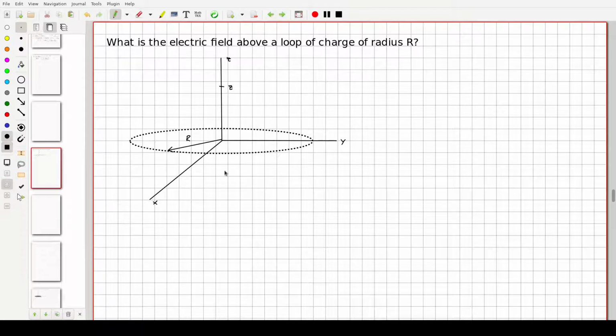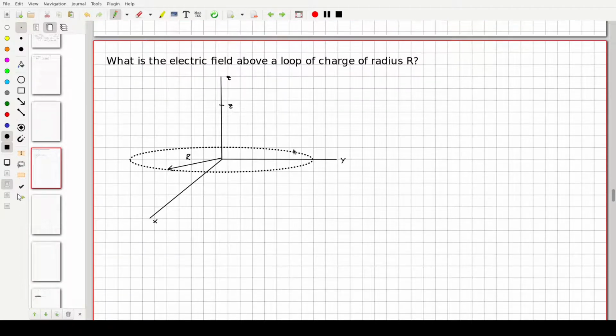Now, just to do a variation on this and show you how this might work in different coordinates, we can take a look at the electric field above a loop of charge that has a radius of r. And there's really no functional difference between this and the ones that we did before, with the exception of what we're integrating from and to. Okay, so for example here,